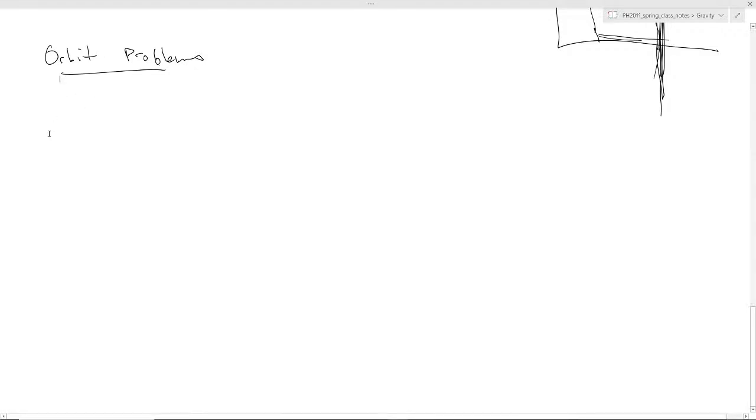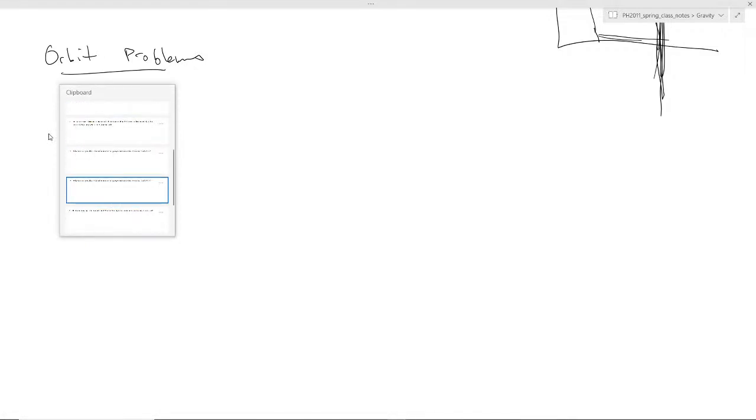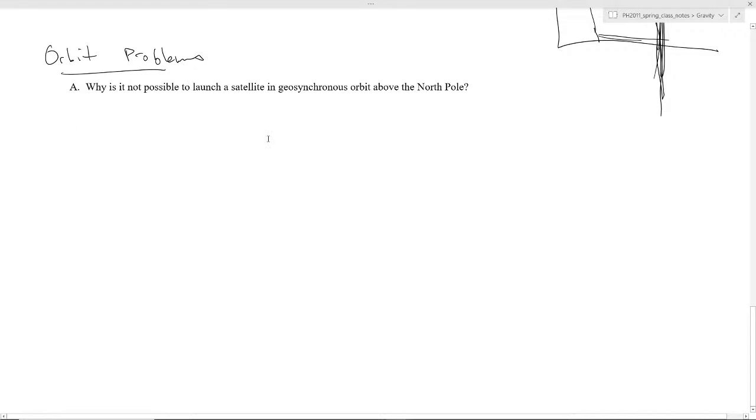So let me pitch to you a couple example problems. This is kind of a conceptual problem, but I like it in that it gives us an excuse to re-emphasize the role that gravity is playing in these situations. And we also talked about geosynchronous orbit yesterday, so you have in your mind what that's about. Recall, the question is, why is it not possible to launch a satellite into geosynchronous orbit above the North Pole? So remember, geosynchronous orbit was you have a satellite that's basically